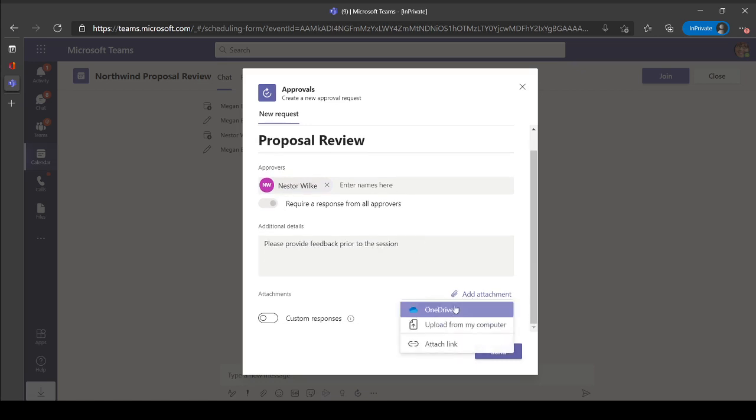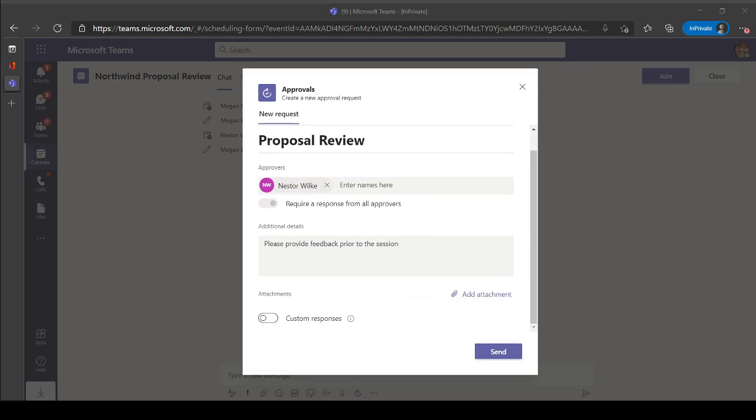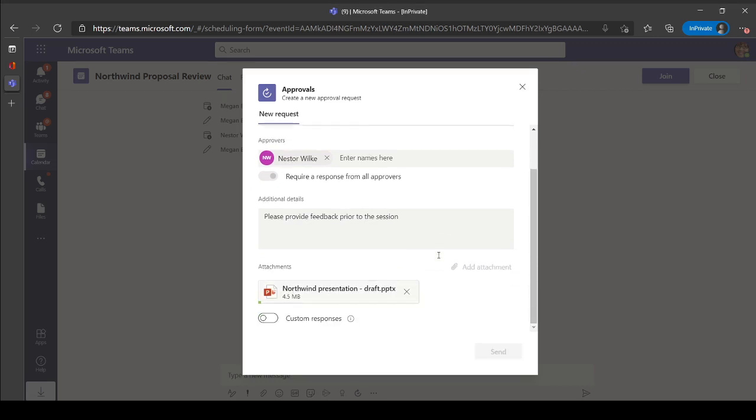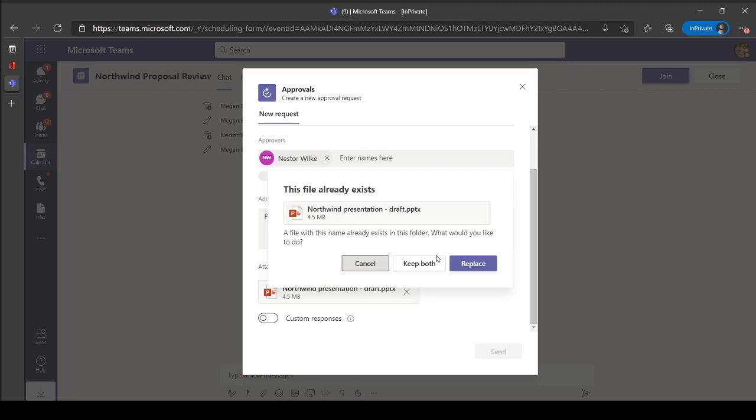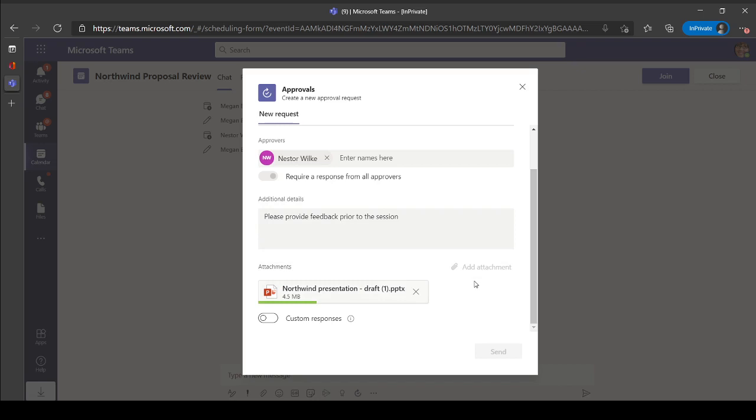Now, if I wanted to include an attachment, I can provide an attachment for Nesta, and that way I can upload it and he's got all of the information that he needs right at hand. So I'm going to make sure that that's available. I could link in a OneDrive link or a SharePoint link, but because this was an external presentation I received in my email, I'm going to include the attachment.